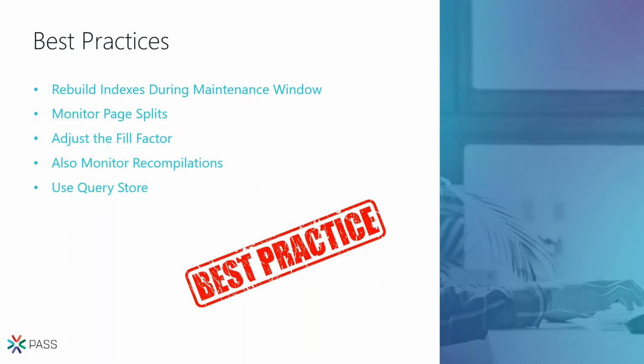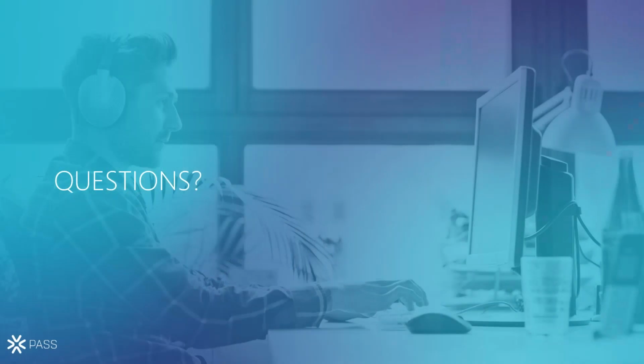Okay, that's one option. Another option, if you don't want to force it, you can at least see the two plans very easily in the query store. You can compare between the plans, you can see what changed, what happened, you can investigate, and then you can try and optimize the query to make sure that it always uses a good plan. Okay, so those are the best practices I can recommend related to this topic, and that's it.